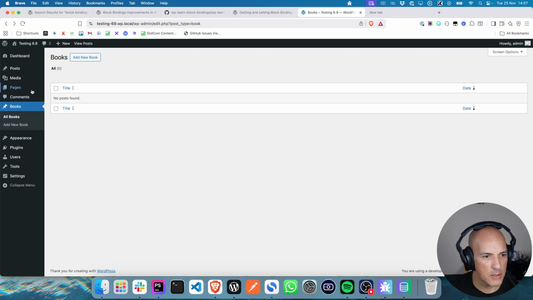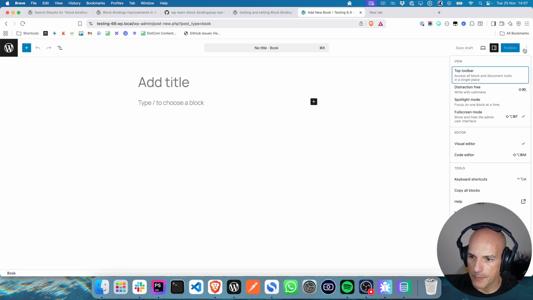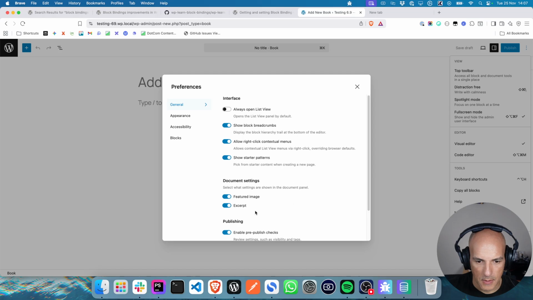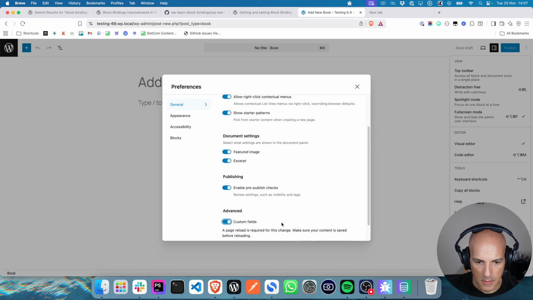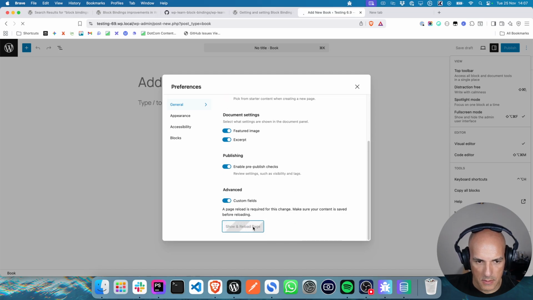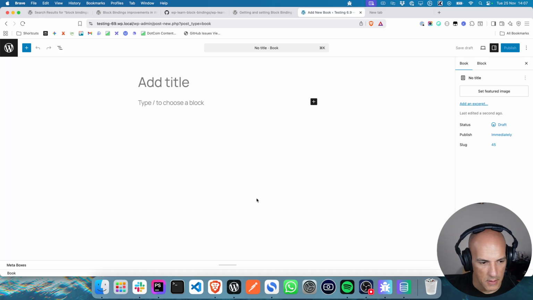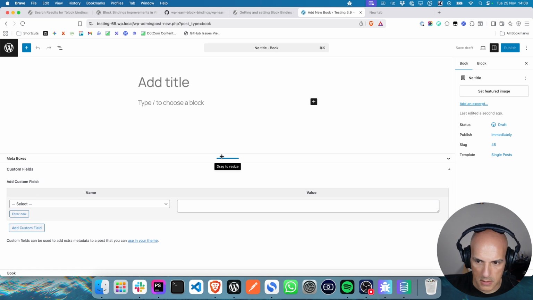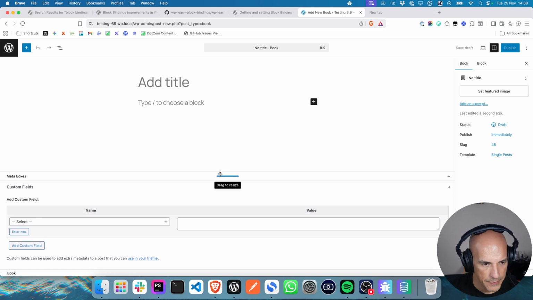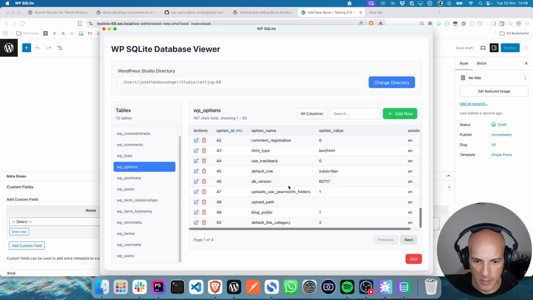Okay, so let's go and add a new book. Fields. Okay, so that enables that. Let's go and see if I can find it in the database.